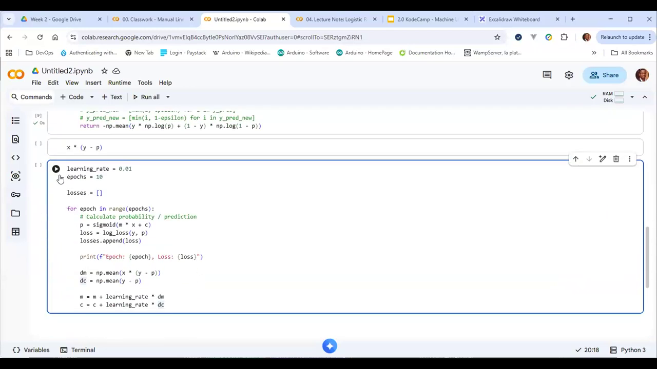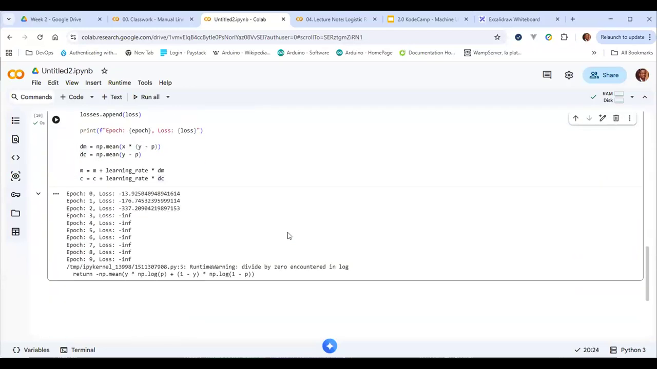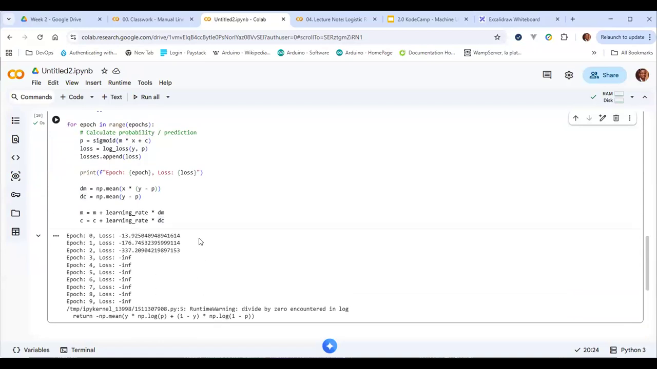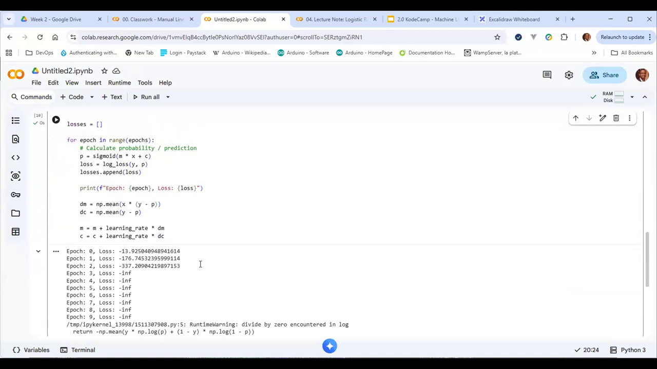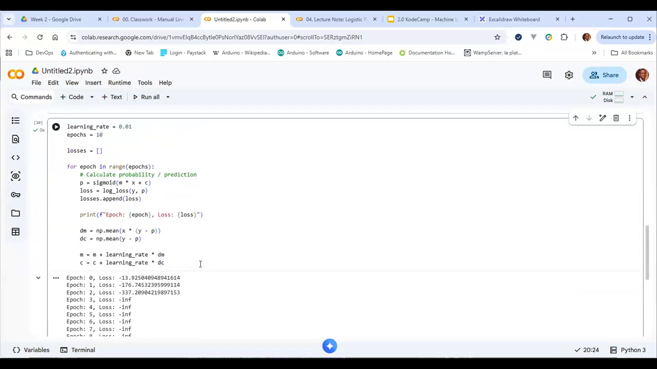Okay. So even with the value of m and c that I started with, right? Now you can see that my loss is blowing up. It starts off with minus 13, it goes up. So what does this tell you? What would you do in this situation? I think we had a similar situation last time, and I kind of explained it. Whenever you have loss blowing up like this, it's getting very negative, it means that